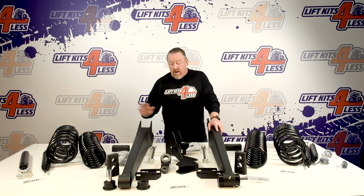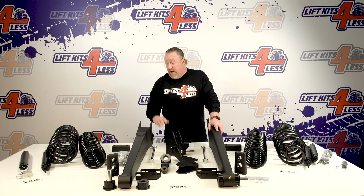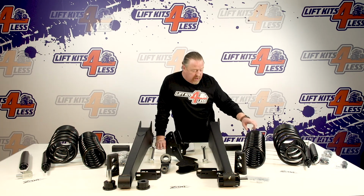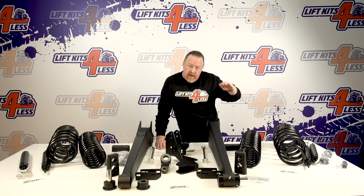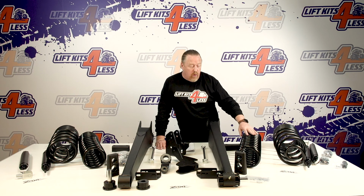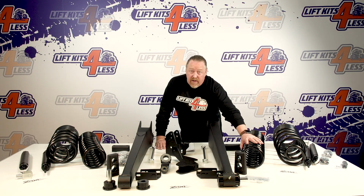So in terms of value, Zone Offroad again is very competitive in terms of quality, what they offer. So this is a dual rate. What does that mean? Well, two things. Dual rate, you have basically a riding around rate, so just everyday bumps. You know, it absorbs that energy. When you hit like a pothole at 30, 40 miles an hour, that's when it hits the heavier rate and